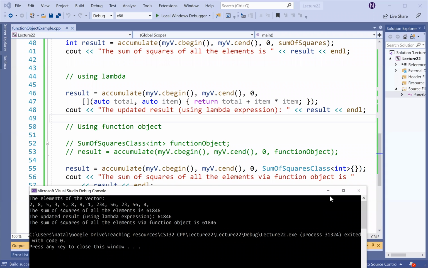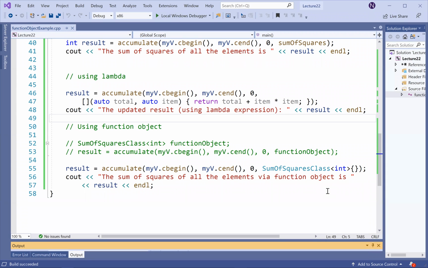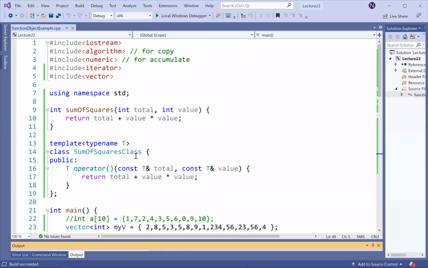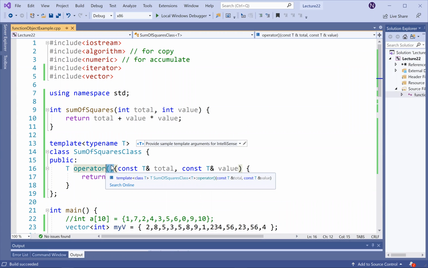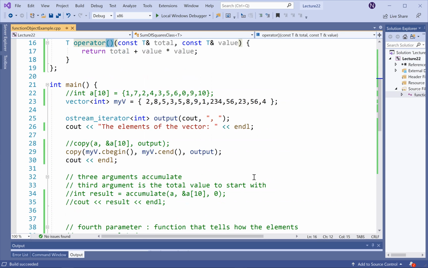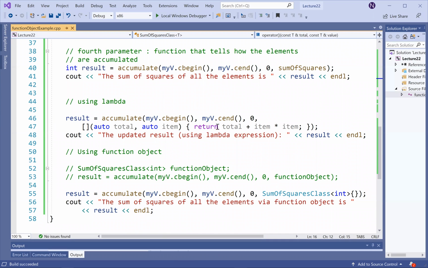We use this function object here. The only way to use it was to define the template class, and the only thing we needed from it was the operator call function, the call function operator. That's the one we needed, which behaved exactly like the sum of squares function before, and like the lambda expression over here. So all three are different ways of doing very simple stuff, which we could do with a for loop. But once again, bear with me on this one. You might not be using it, ever. But if you will be coding in C++, most likely eventually you will run into these items. Okay, so let me stop the